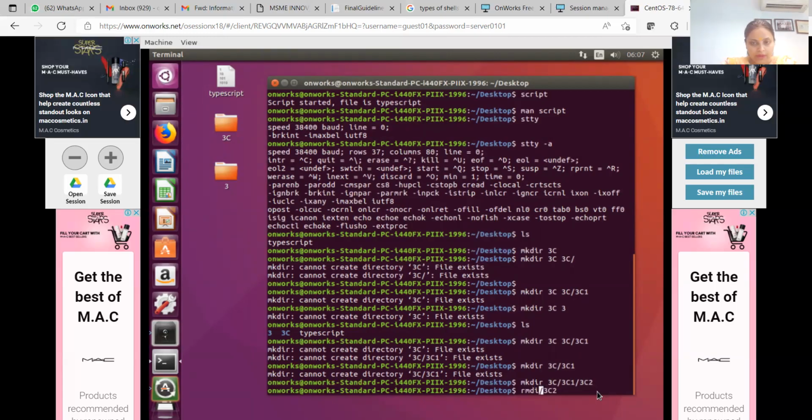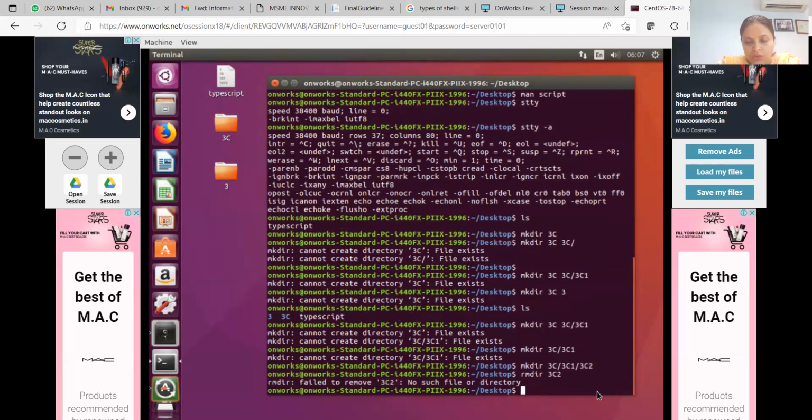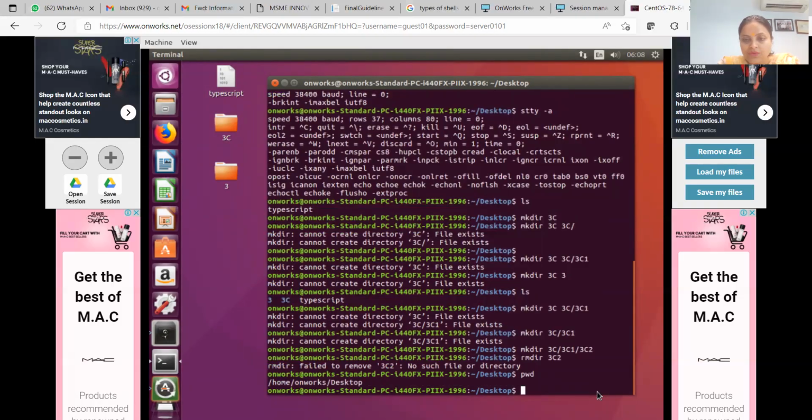RMDIR, राइट। रिमूव डायरेक्टरी, कौन सी डायरेक्टरी को रिमूव करना है? 3C2 को हम सबसे पहले डिलीट करेंगे, जो सबसे इनर मोस्ट होगी। तो 3C2 जो है डिलीट हो गई। नो सच डायरेक्टरी क्यों कह रहा है? अच्छा, उसमें जाना पड़ेगा क्या? पहले प्रेजेंट वर्किंग डायरेक्टरी में जाना पड़ेगा, डेस्कटॉप में ही है ना हम। तो